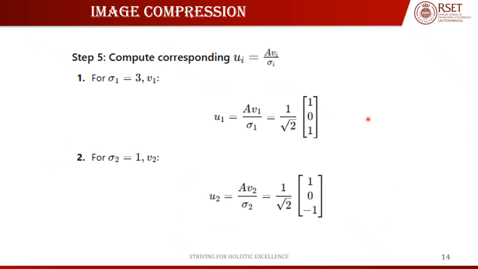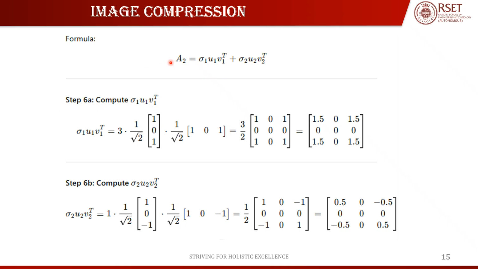Now you find the corresponding u1. U1 is A v1 by sigma 1, that is 1 by 3 times A into v1, just do it. I think we have done it before, so just paste it here: A v1 divided by sigma 1, and similarly do A v2 by sigma 2. And after doing that, what we have is,